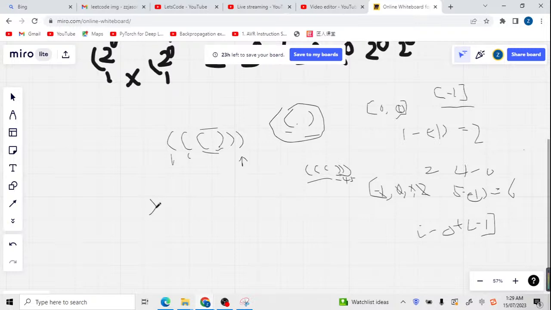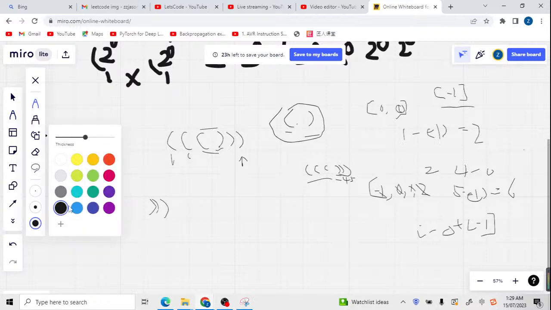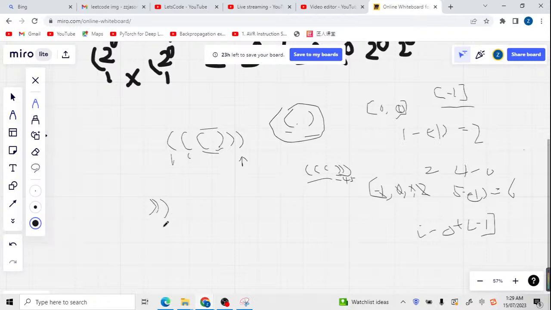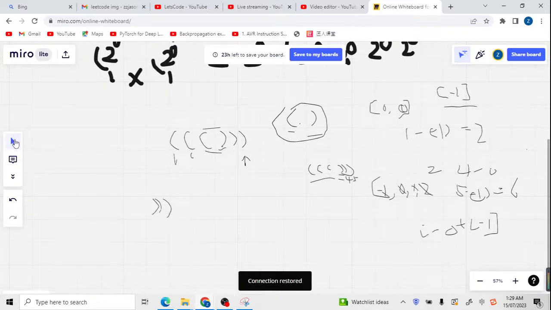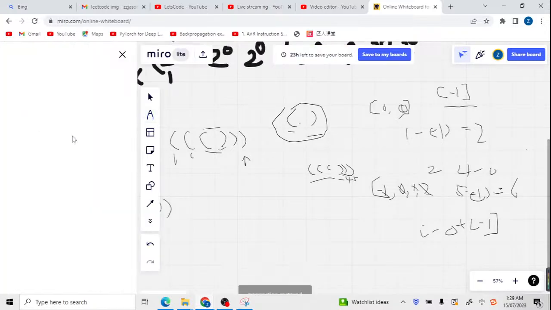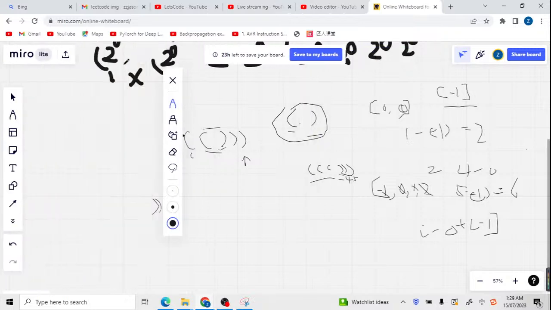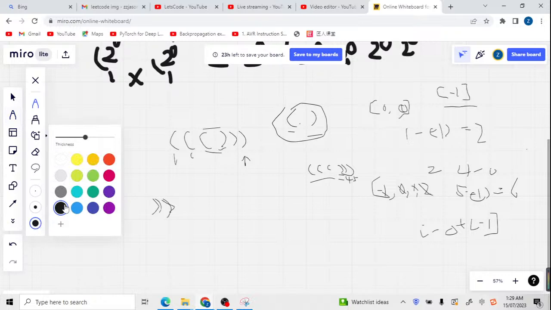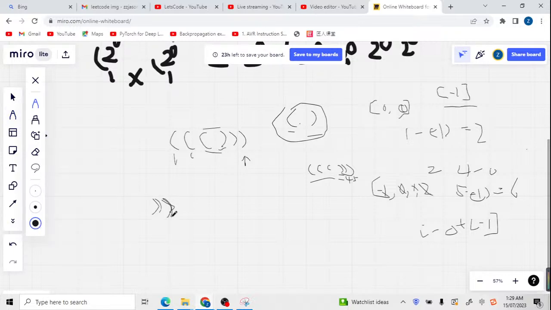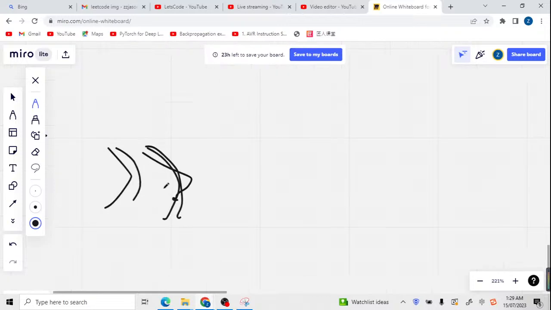But what if we have some close parentheses? Yeah, like this. If we have many close parentheses, it doesn't matter. We only consider this last close parenthesis. For example, the last parenthesis is here. We have 1, 2, 3 close